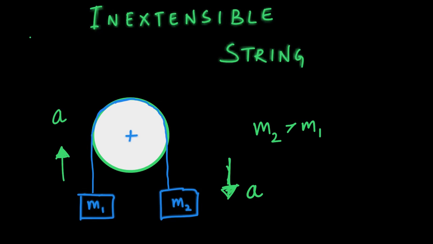Otherwise, this is wrong, because there is some amount of tension acting in the string. That can cause an extension in the string, and the string will be no longer a rigid body. It will have deformations within, and whatever displacement you get here won't be equal to the displacement that the string, or in turn the mass, will have at this particular point.